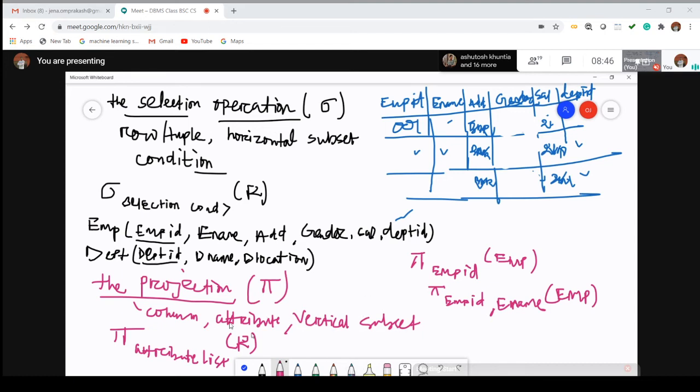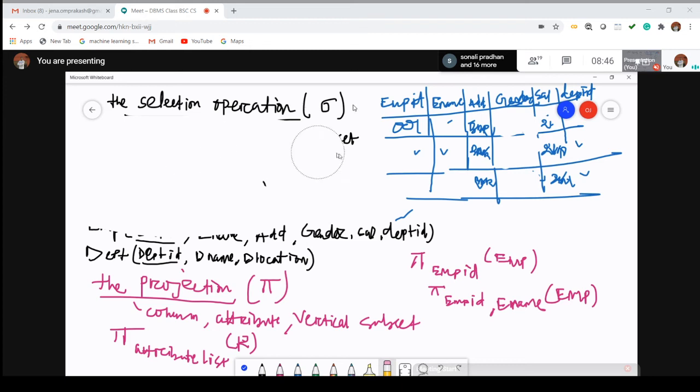Now you cannot directly perform this operation, because it is associated with two conditions. The first condition is that gender should be female. The second condition is that from gender equal to female, we have to find out the name and its address.